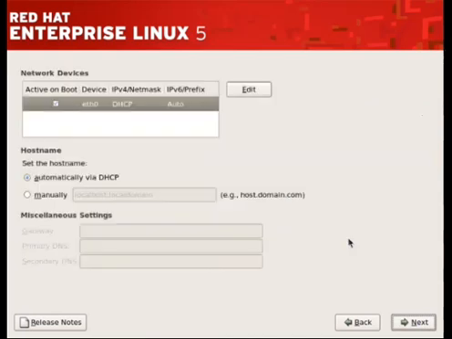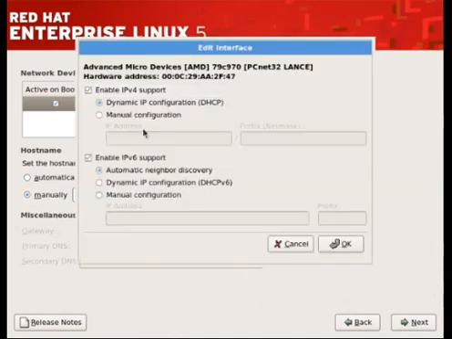Now configure the network interface with the appropriate settings. This can be done automatically using DHCP, or you can set it explicitly by specifying the IP address of the system, then gateway, subnet mask and all that. This can be done right now, or you can do it later after the installation of Red Hat. So here we are doing it manually. I will put the name of the host with domain, and then we have to edit the IP address.